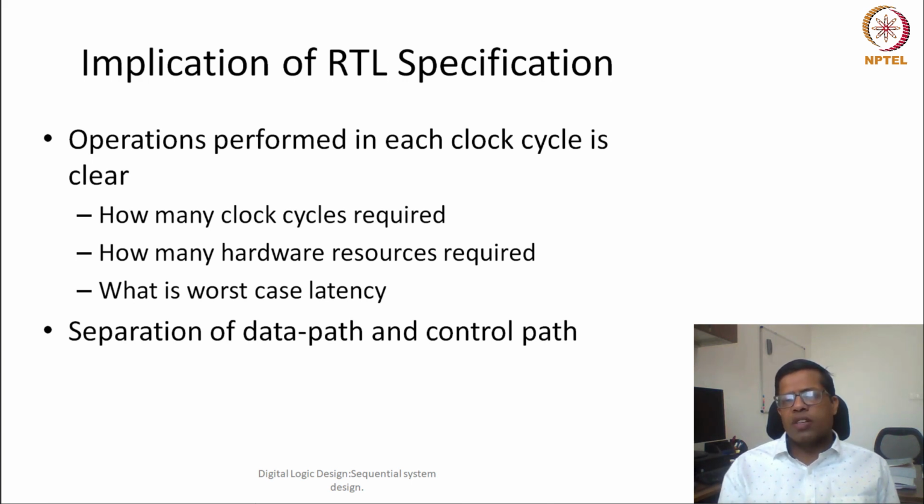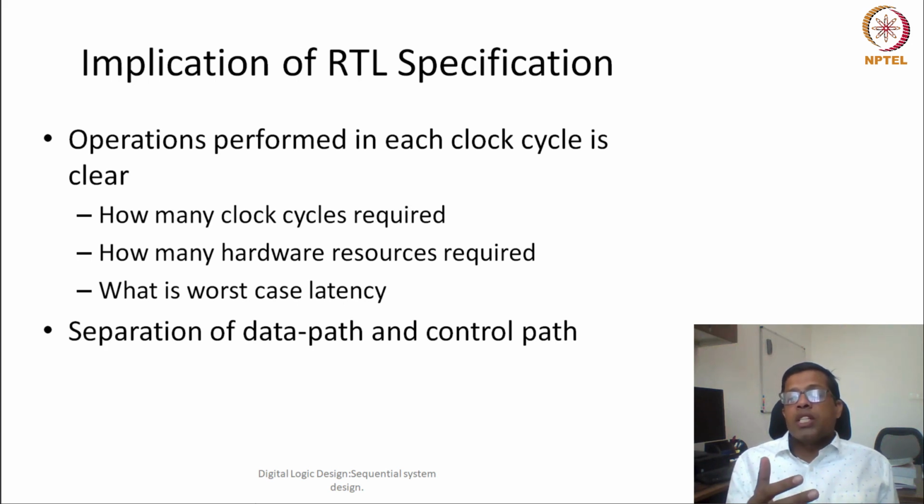specified using RTL level, register transfer level. So what does it mean? It essentially means that we clearly know in each cycle which operations would be performed. Because we are saying that operations are read from a register and written to a register, that means between these two registers whatever operations are being performed, these operations are known. The other way of looking at this is that we know which operations would be performed in each clock cycle.